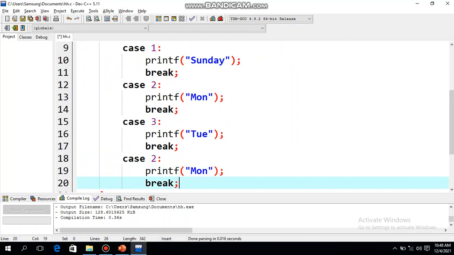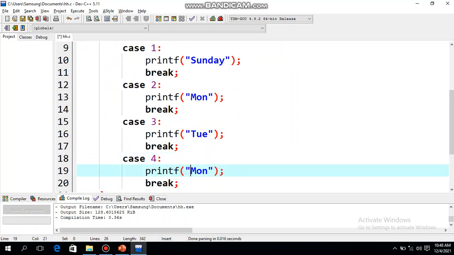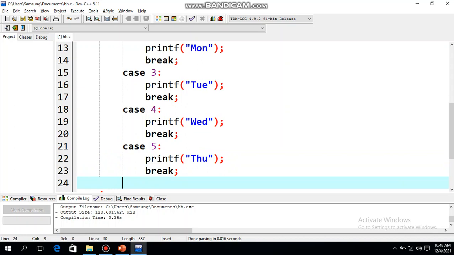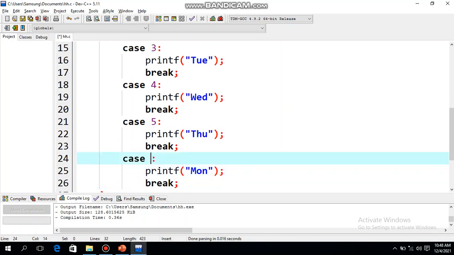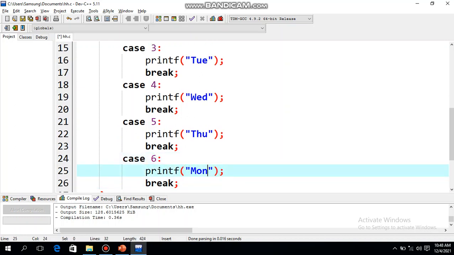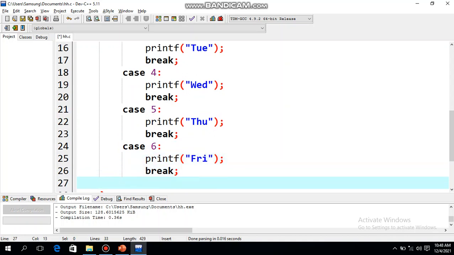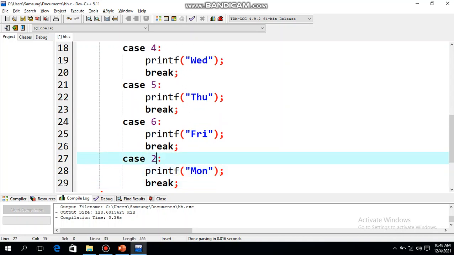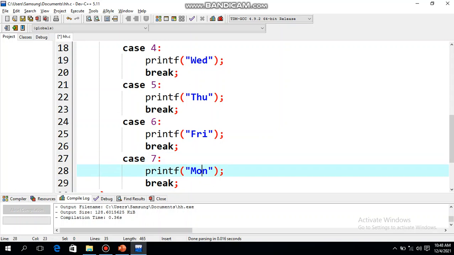Let us write for everything. 4 Wednesday. 5 Thursday, 6 Friday, and last one, case 7, Saturday. Okay, we have written all, so for all the values of 1 to 7 I have written.